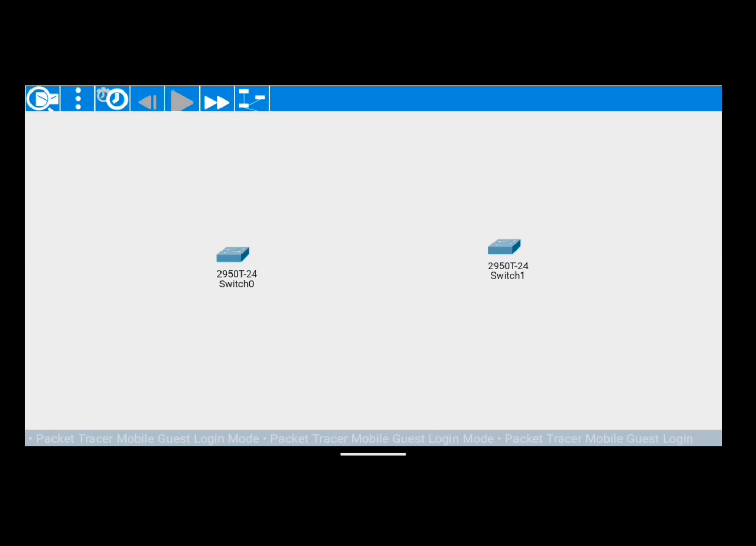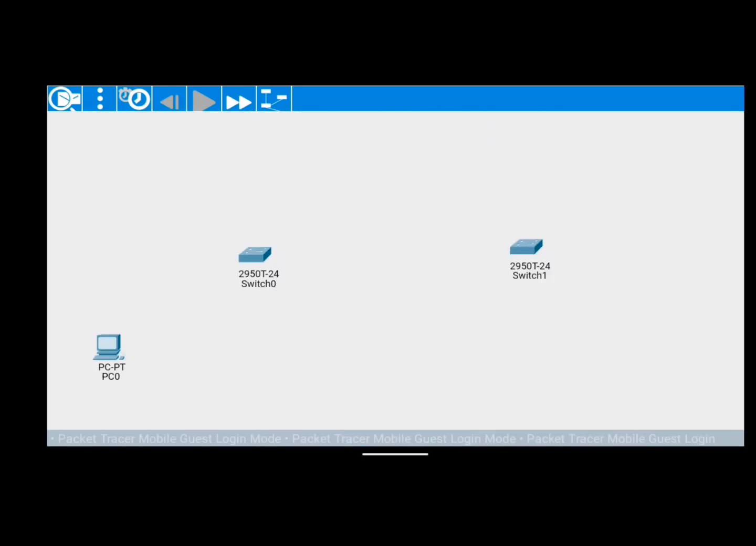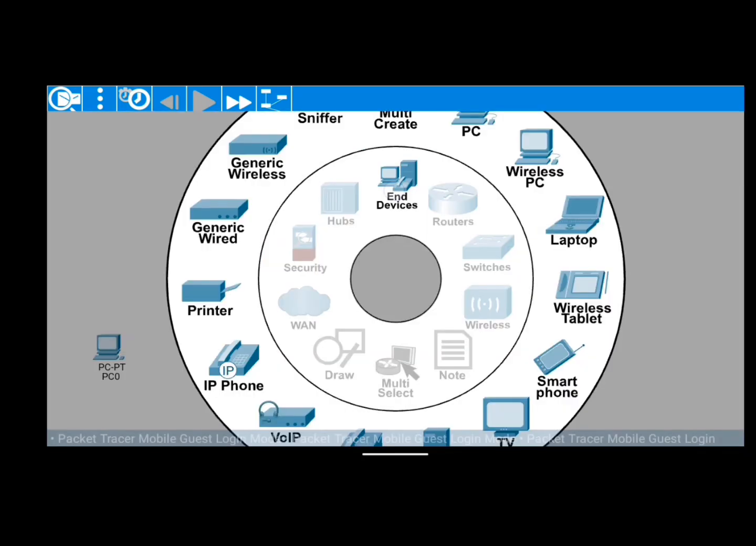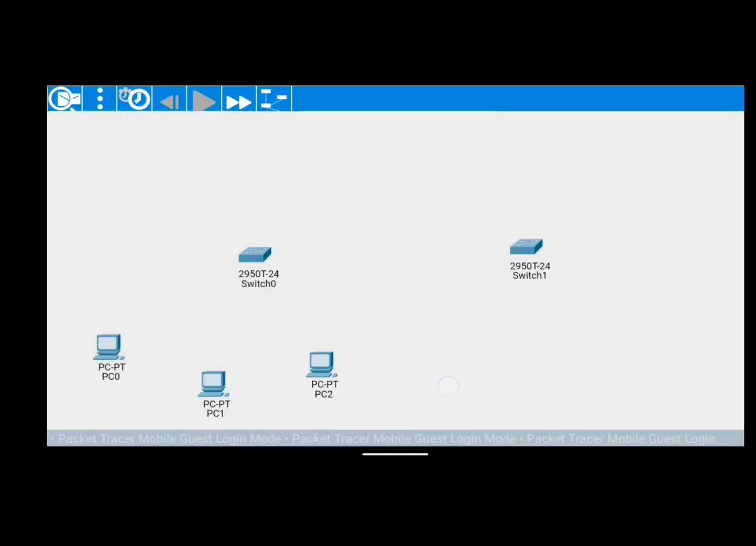So let's have 6 PCs, 3 PCs for the left side and 3 PCs for the right side. Click the workspace and click end devices. So 1, 2, 3. 1, 2, and 3. Now we need a cable, the straight-through cable, in order to connect the devices to the